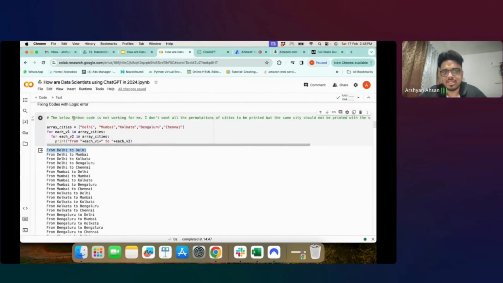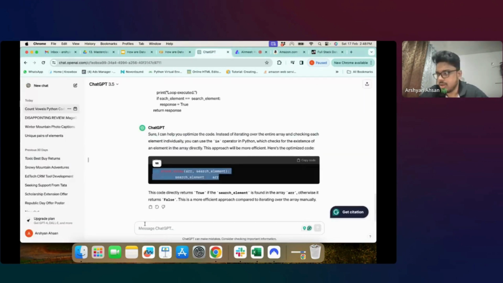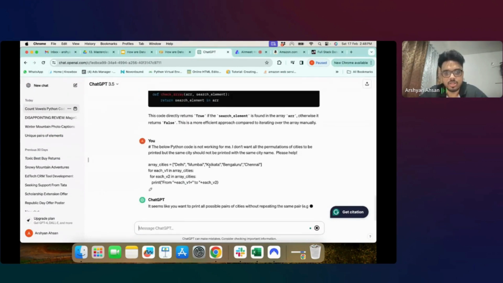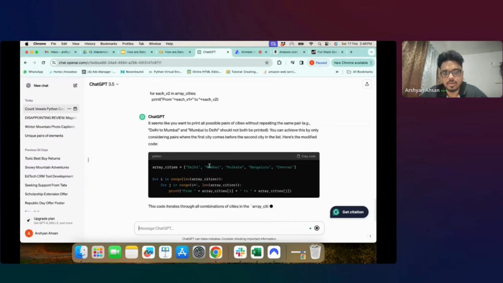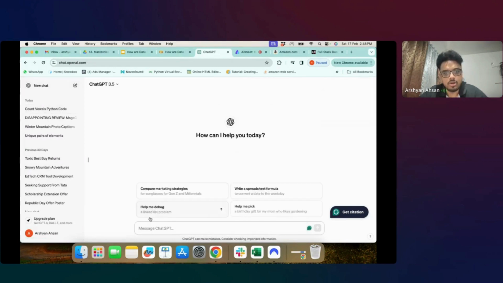So before I go and ask ChatGPT on how to incorporate or fix this logical error, can someone on chat tell me how we can fix this? Like, if you guys have some experience, go ahead and tell me how we can do this. Otherwise, I'll definitely ask ChatGPT on how we can do this. Let's do a new chat altogether.